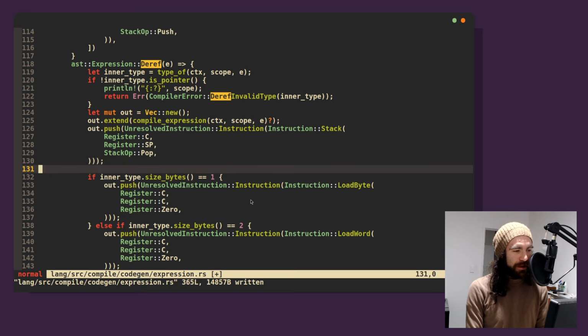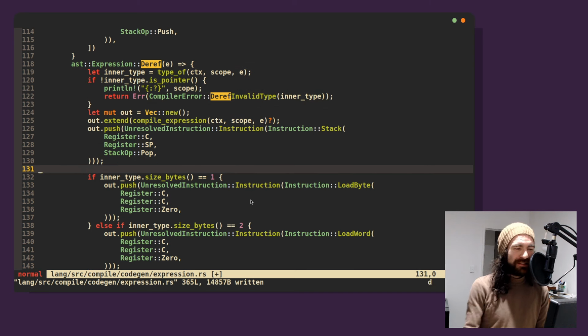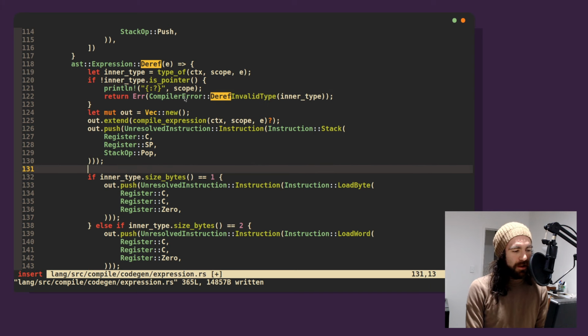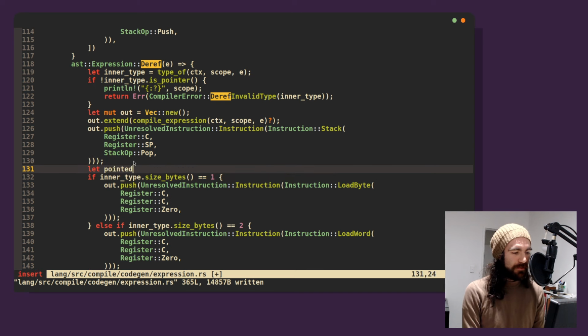So I want to grab the thing inside a pointer, and I know that this thing is a pointer. So let me say, I want the inner type, right? Let's let pointed size equal inner type dot, let's just write a really dumb function.